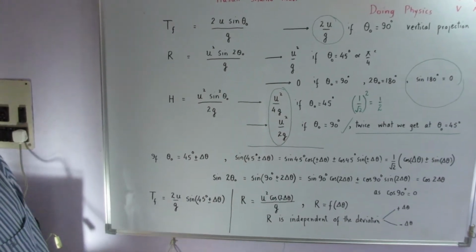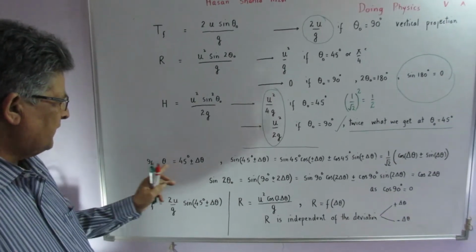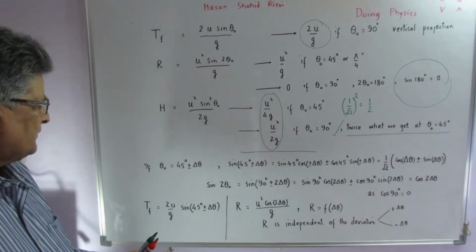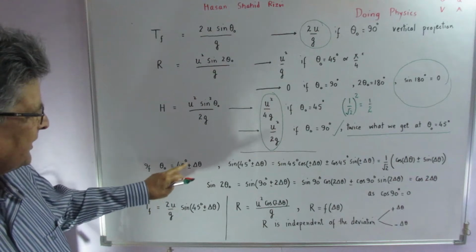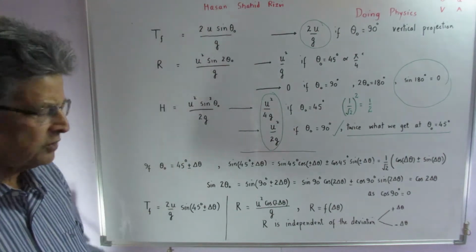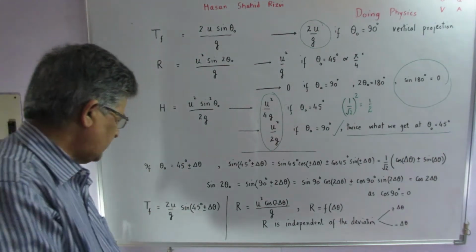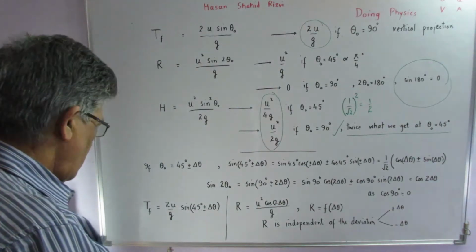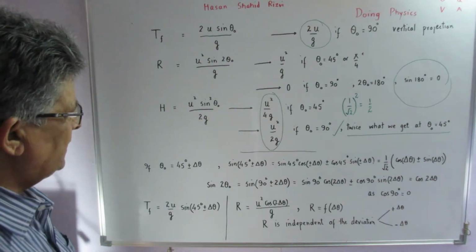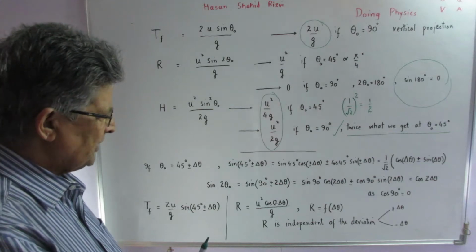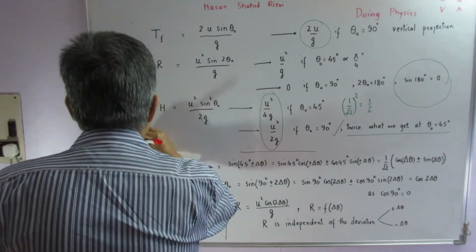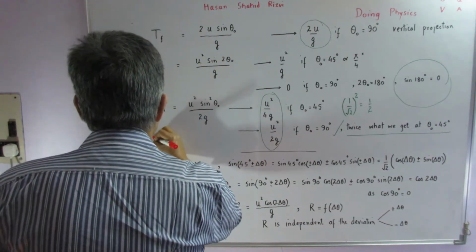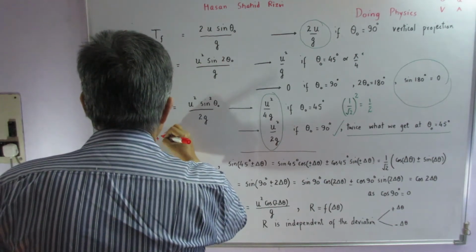And in that case, we find, if we carry out the mathematics, if my theta naught is equal to 45 degrees plus minus delta theta, which could be any value you can take, and substitute here,